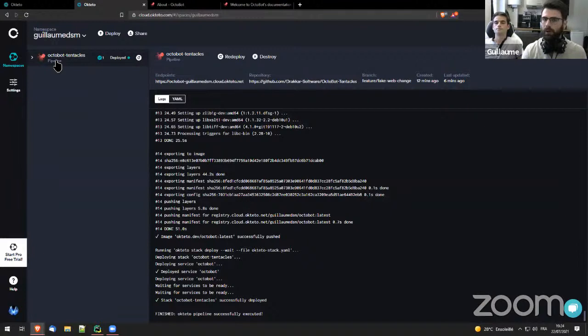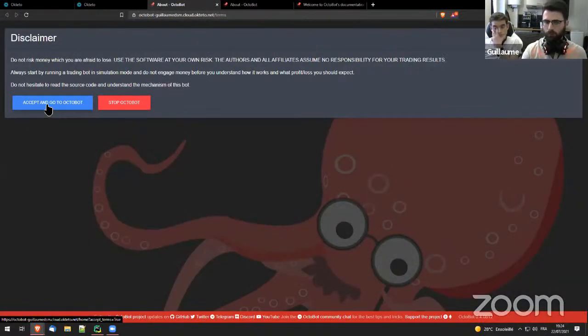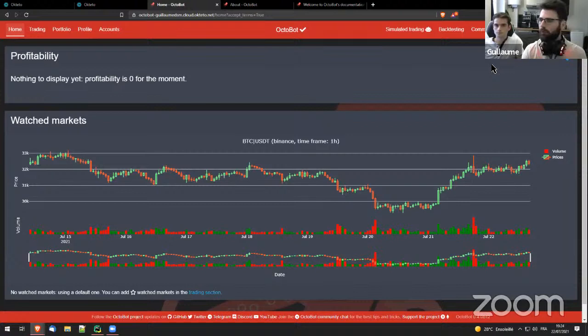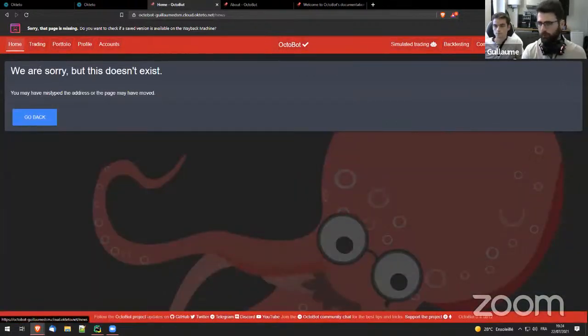So we were here, and we can see that OctoBot Tentacles, which is the name of the repository, is deployed. And here is the endpoint. So there we are. It starts a new OctoBot. So we accept the terms and we skip the tutorial because we're not here for it. But we can see here that there is this new tab, the news tab, which was not here before. So it's the object of the pull request, which we saw earlier. If we click on it, it doesn't work because there is no actual web page under this news tab, but